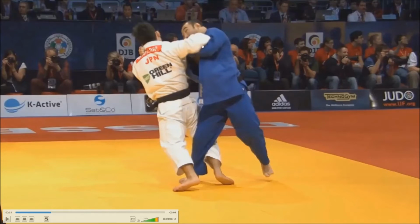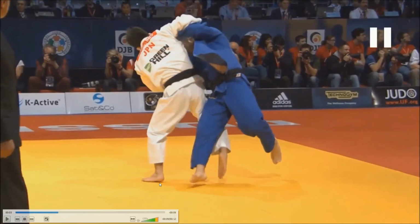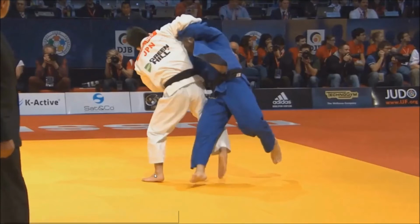His arms are working. He's starting to push him forward here. And now he's not really taking a step. He's more sliding the foot forward into the position where you would expect it to be for a classic O-Soto-Gari. So you can see Senjagal's foot line is about here. And there's the slide. And now he's pretty much roughly on that line where you would expect a classic O-Soto-Gari